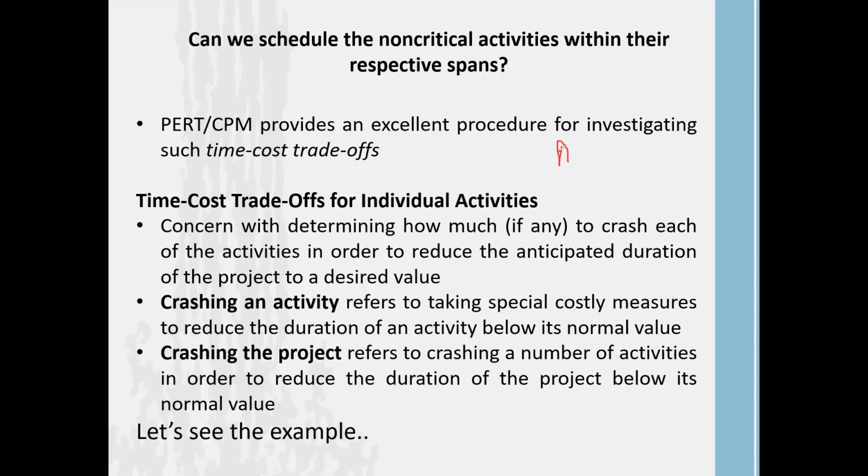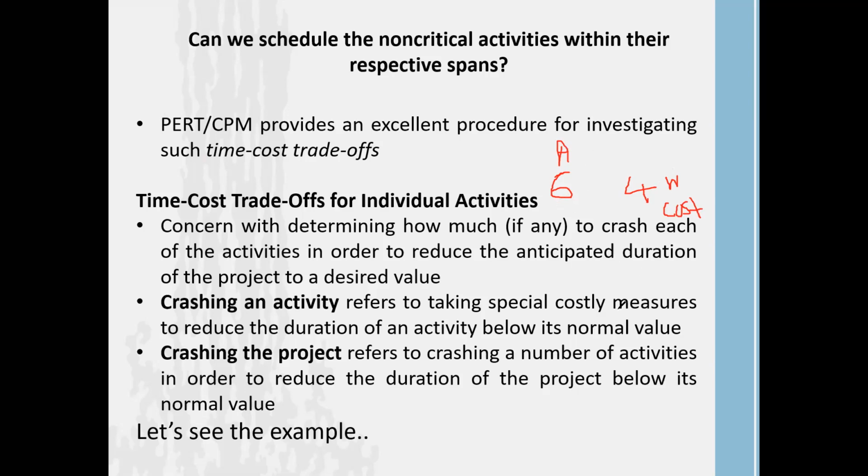For example, activity A originally takes 6 weeks. We need to make the calculation again, to find out how much of the time period we can reduce. For example, it can be reduced to 4 weeks. Originally it takes 6 weeks, but with more labor or more machines or whatever, we can complete activity A within 4 weeks. Then we know that it's consuming some cost, right? Therefore we have to calculate the crash time as well as the crash cost of each activity.